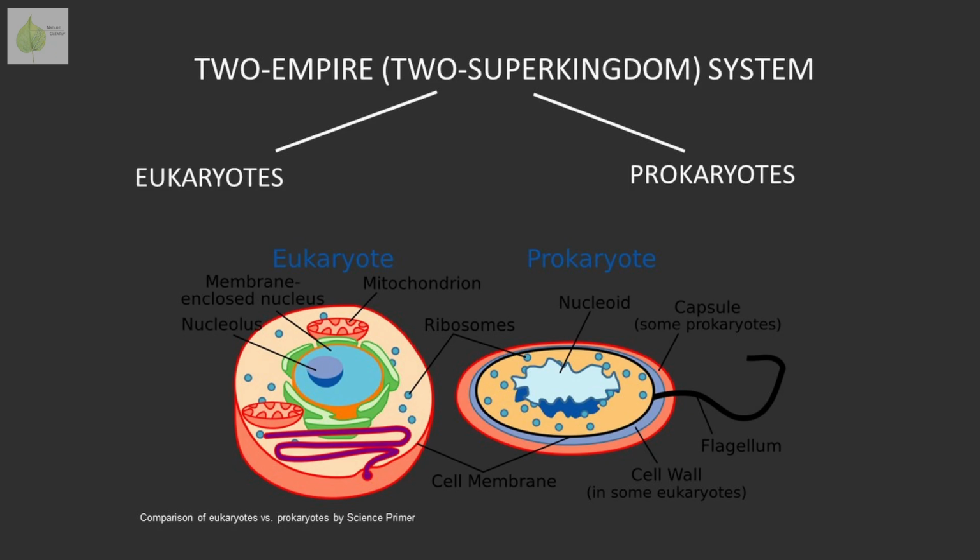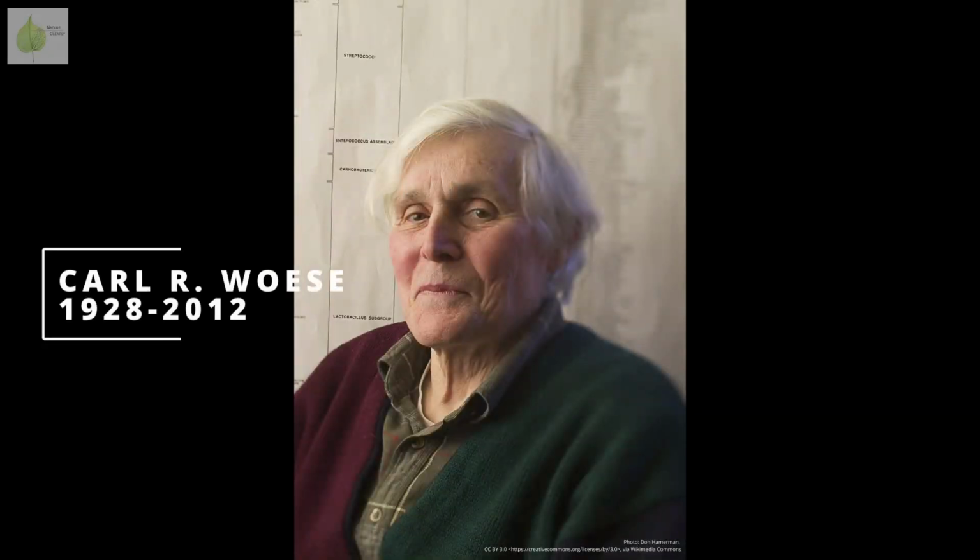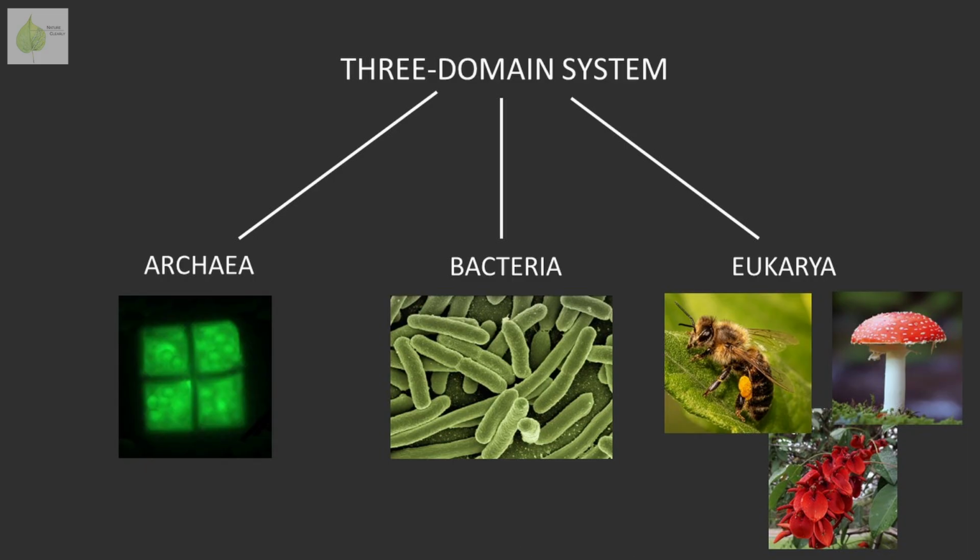Domain is the highest and a relatively new taxonomic rank, introduced in 1990, just 33 years ago. Before the domain, there was an empire, and the organisms were divided into a two-empire or two-superkingdom system, splitting them into eukaryotes and prokaryotes based on the type of cells that make them up. With the use of molecular biology and a focus on evolutionary relationships, Carl Woese introduced the third group, Archaebacteria, and after many years of being challenged, the three-domain system came to exist. So today, we recognize three domains: Archaea, Bacteria, and Eukarya.